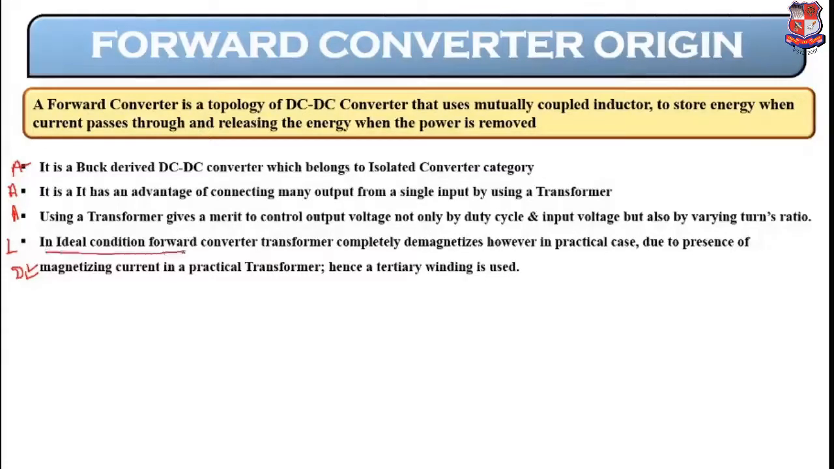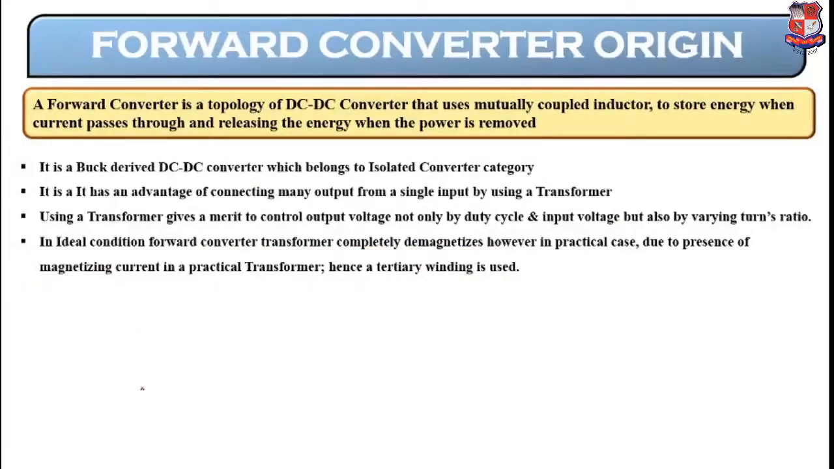So in ideal condition, forward converter transformer completely demagnetizes. However, in practical case, what happens is that energy that is stored in the inductor is not completely dissipated. So for that we need a tertiary winding. Okay, so let us see